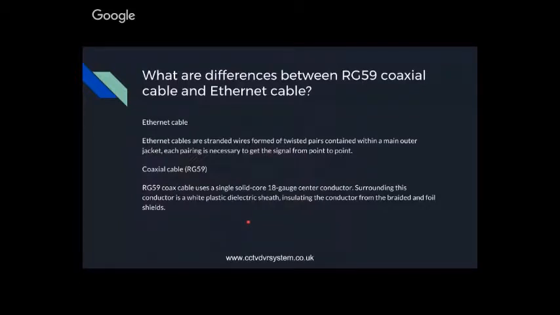So what are the differences between the coax cable and the Ethernet cable? The Ethernet cables are standard wires formed with twisted pairs contained within a main outer jacket. Each pairing is necessary to get the signal from point to point. So with the Ethernet cables, you have to make sure all 8 wires are connected. So it's so important. Coax cable, on the other hand, uses a single solid core, 18 gig